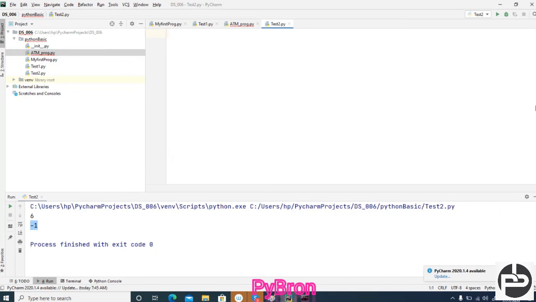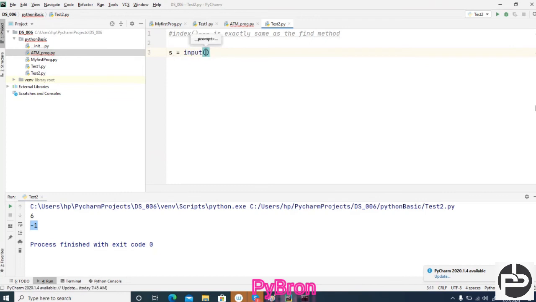Okay, let's see the index method. How is the index method used? Index method is exactly the same as the find method. In case of find method, what are we getting? We are getting the index, right? But in case of index method, what are we getting? Let's see. S is equal to input.